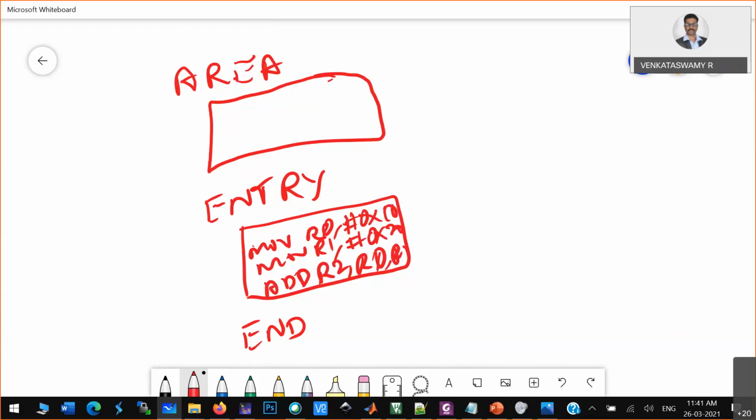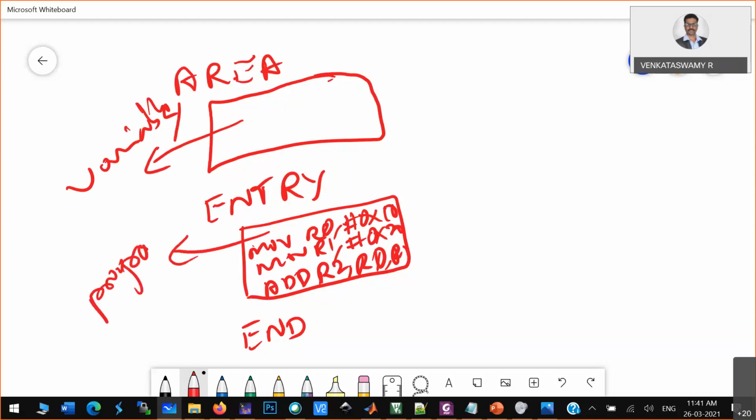Now see, I just kept that inside the ENTRY block. The Keil compiler provider is saying you keep the variables in the AREA block, and your actual program you keep in the ENTRY block.